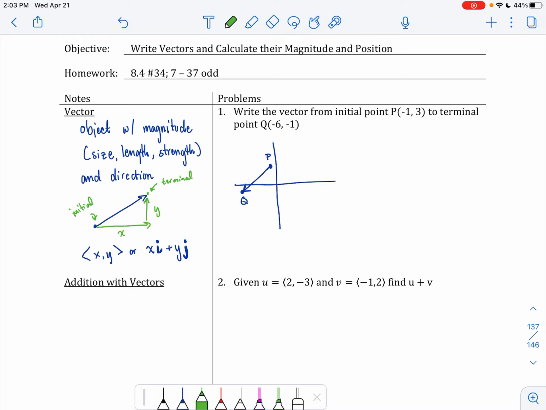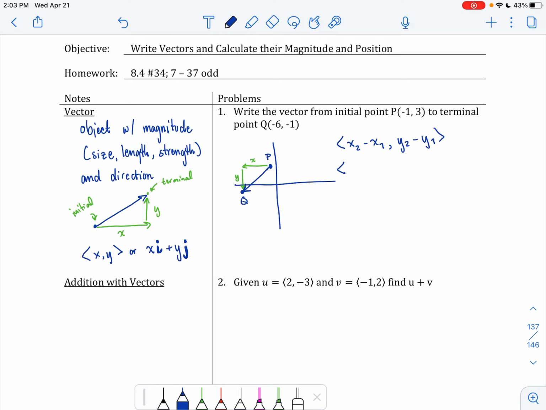Now our horizontal component, x, and our vertical component, y, as I've said before, can be expressed just like our slope. So the x is x2 minus x1. The vertical component, y2 minus y1. So in this case,